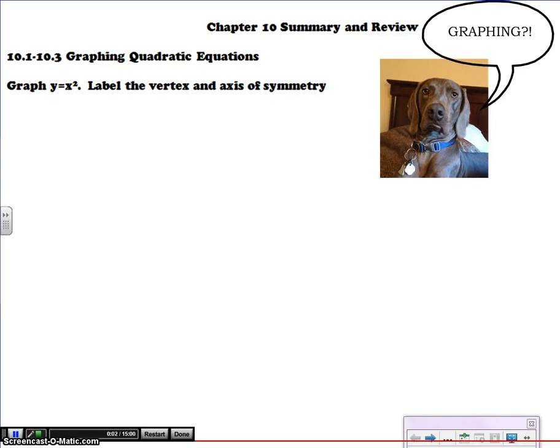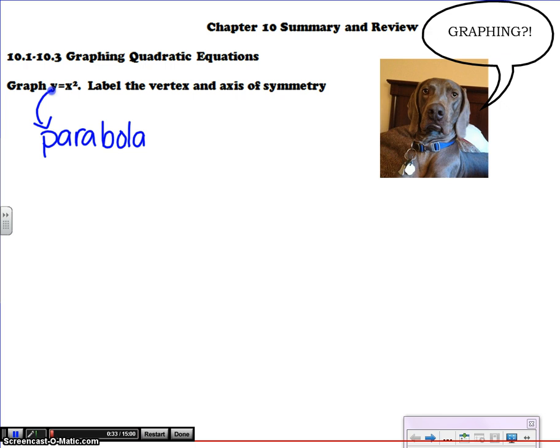Okay, I am going to review Chapter 10, and we're going to start with our graphing review. Now, I know some of us felt a lot of anxiety about graphing, but we're just real quick going to remind you of what a quadratic equation's graph looks like. Hopefully you remember that the graph is called a parabola. And we're going to just talk about how to graph the parent function, which is y is equal to x